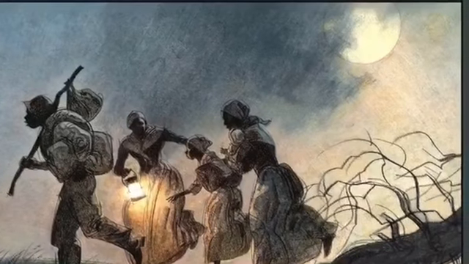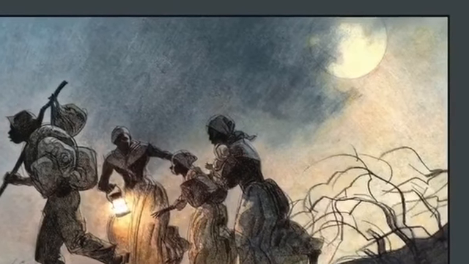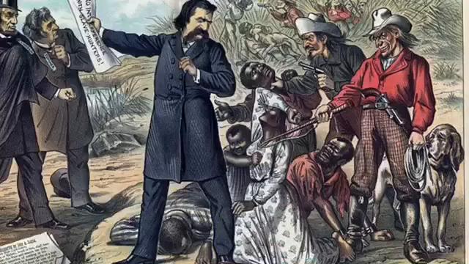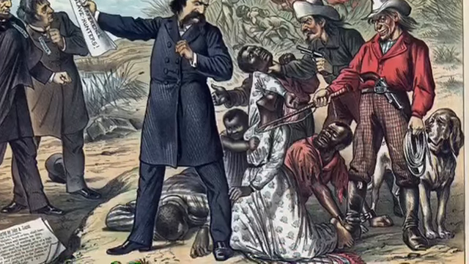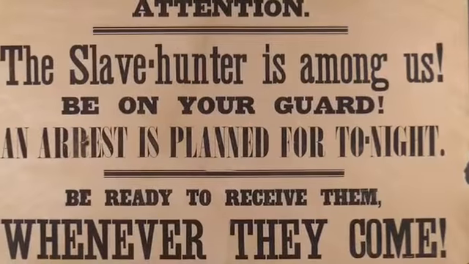What is the antebellum period? The antebellum period is designated as the era before the start of the Civil War, and it extends past the War of 1812. It is also thought of to represent the time from the adoption of the Constitution in 1789 to the very end of the Civil War in 1865.